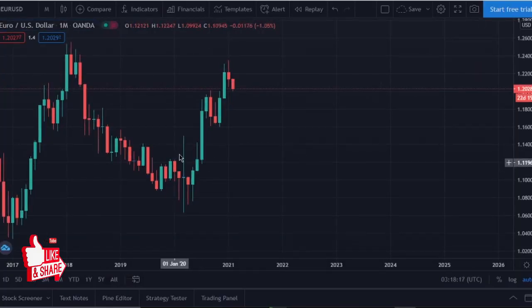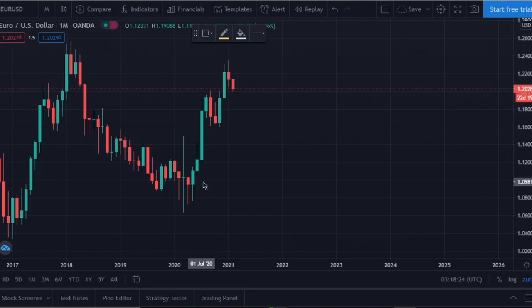Now, starting from the monthly time frame, what can we see in the market? Generally speaking, if we have an impulsive move, what do we expect? It should create a corrective pattern, and after that corrective pattern, the market should create another impulsive movement, continuing to the upside for the creation of a higher high. That's exactly what the market did. The market provided this impulse, correction and impulse pattern to the upside, completing the pattern.